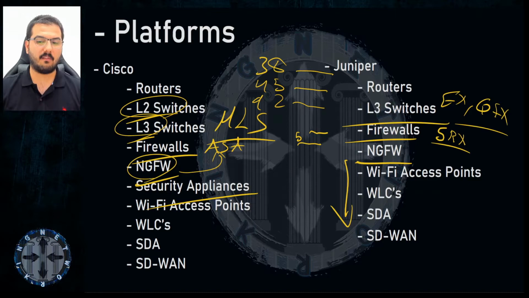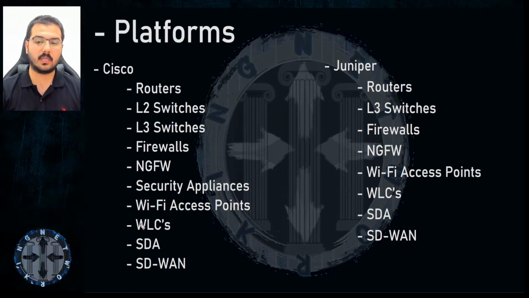Next, we will talk about, let's say, Wi-Fi. When it comes to Wi-Fi and WLANs, both of them have Wi-Fi access points. It's available here and there. Cisco calls the Wi-Fi access points with their name. So it's a Cisco production. It's a normal Cisco production.